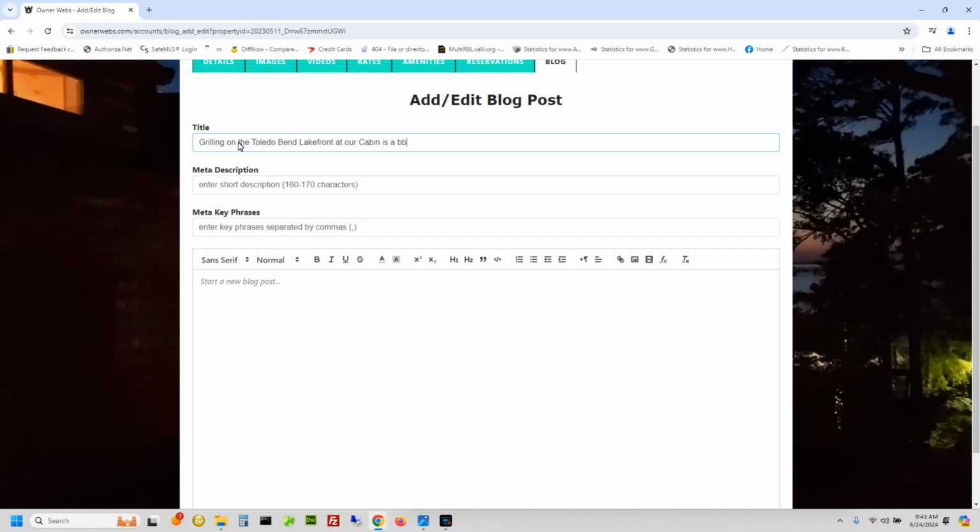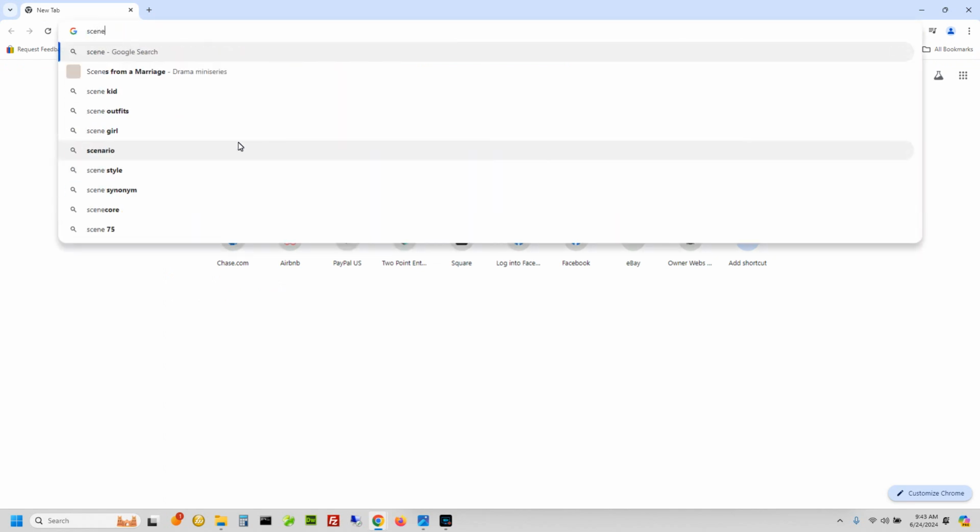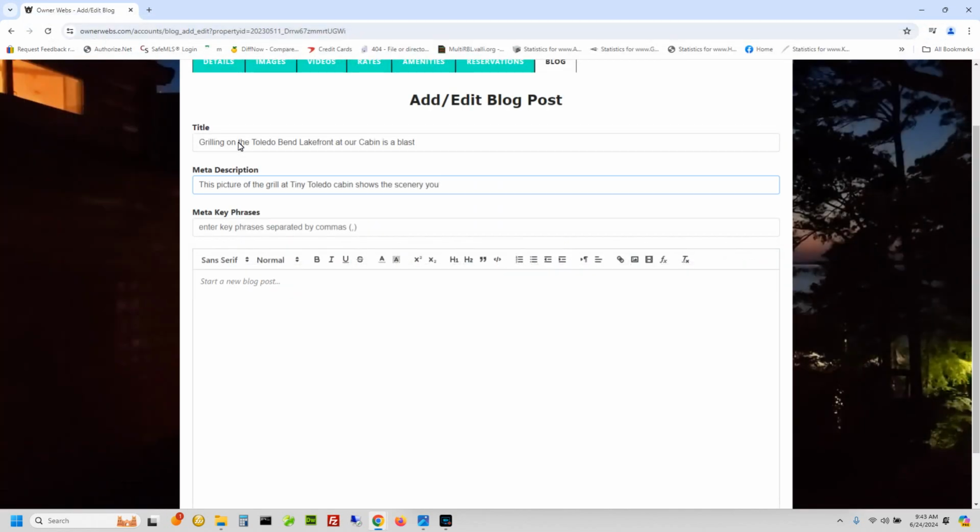Yeah, I'm just going to leave it. Is a blast. Okay. Then I'm going to say here, this is going to be like a little description. This picture of the grill at Tiny Toledo cabin shows the scenery. Is that how you spell that? I don't know. Scenery. Yes, that's how you spell it. Scenery you will experience